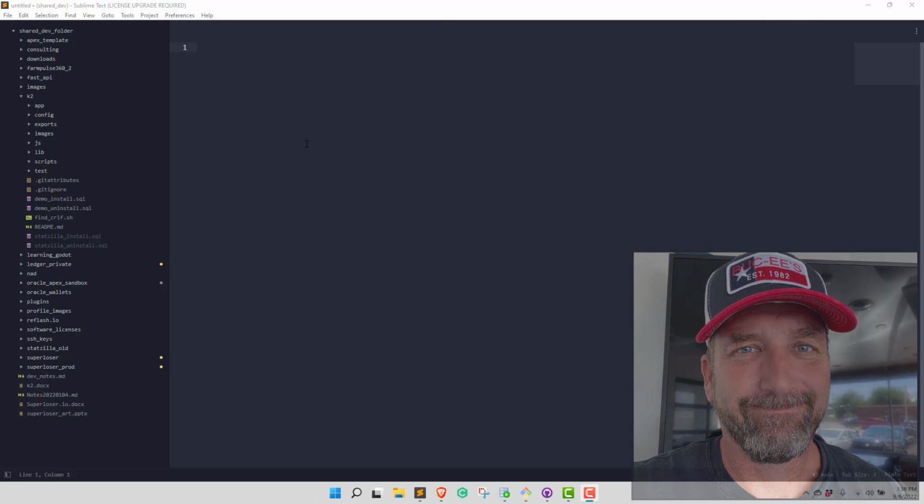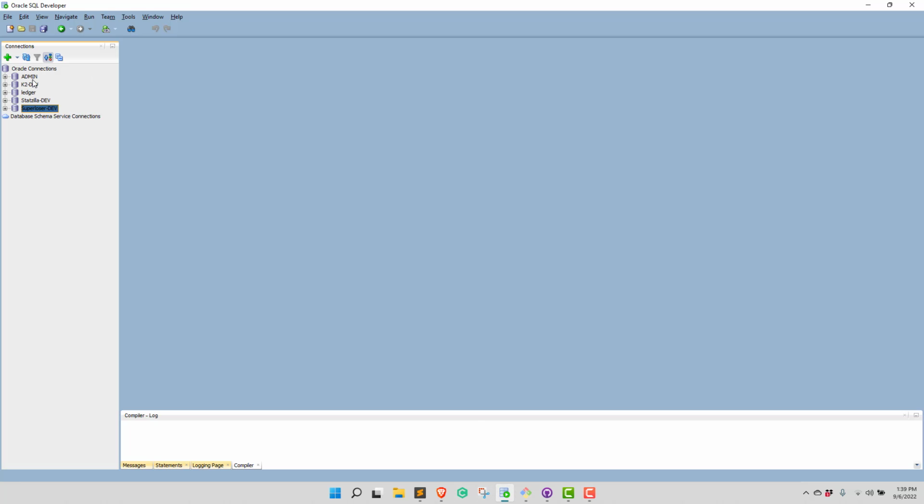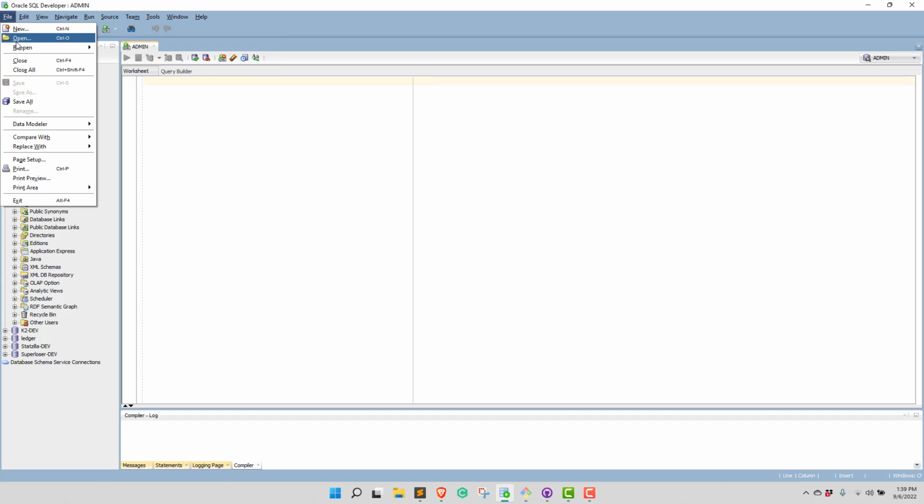Okay, so we're going to install K2, and I'm going to do this as fast as I can. No cuts. I'll just pause the video when I'm between steps. So assume I've already got K2 downloaded from GitLab, and I'm all set. I've got SQL Plus connected here. We're going to go ahead and connect to my admin user in the database, and we are going to open